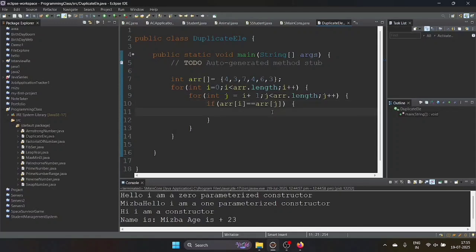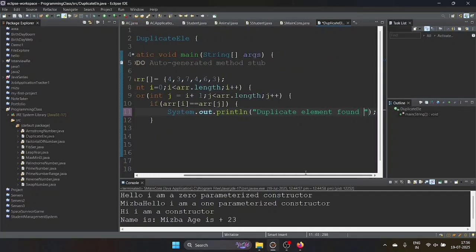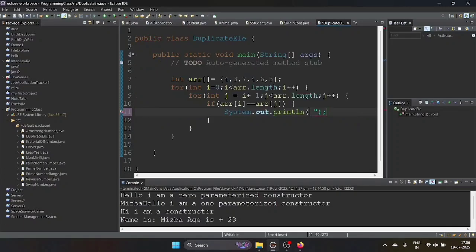If both are equal, we will print a sentence with System.out: duplicate element found. Then we will remove this part so you don't get that sentence repeatedly, and just print arr of i.